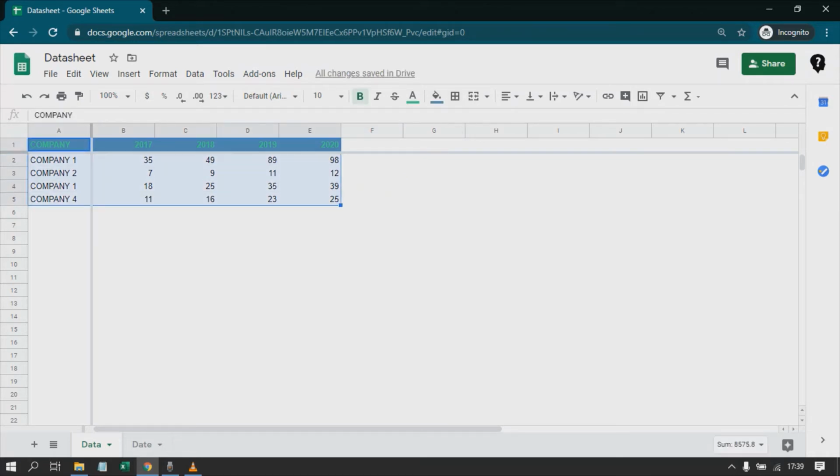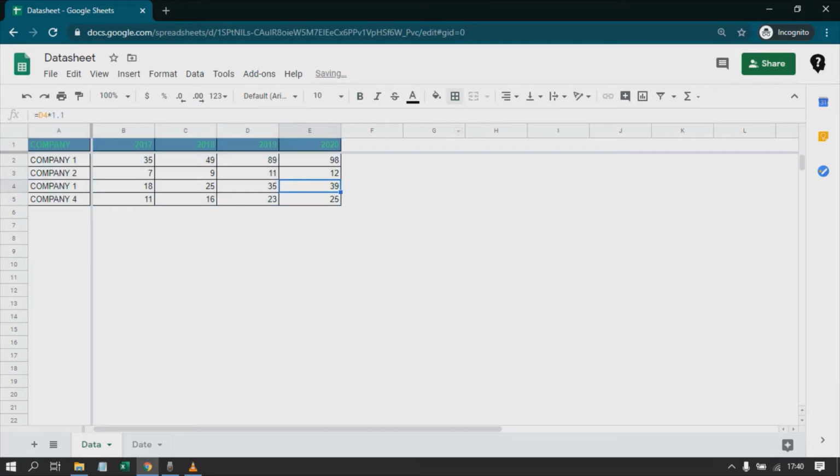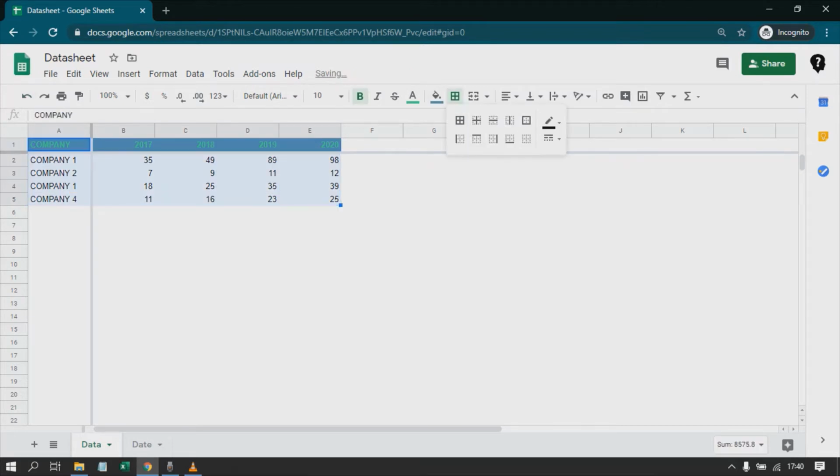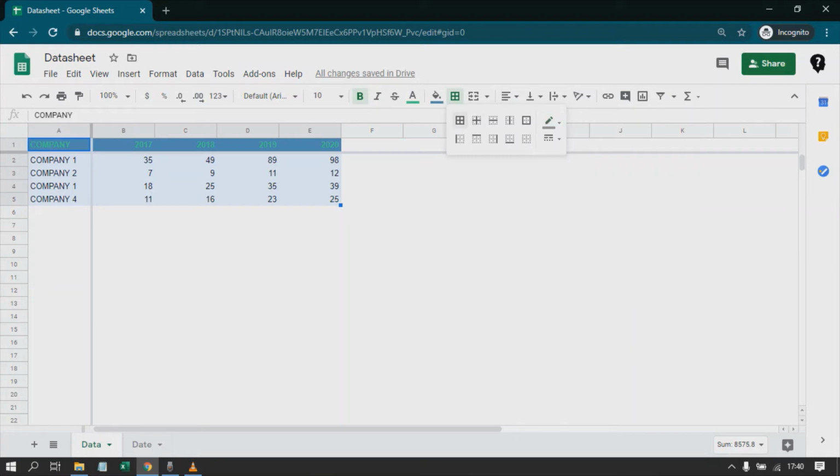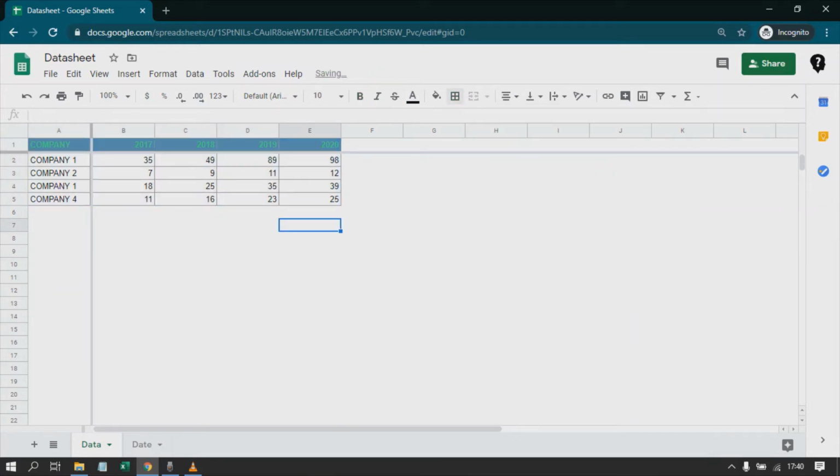Then we have borders. Let me cover borders. So for example, if you have a large data set with you and if you put the default black colored borders, it tends to create a crowded look for the visualization. So what you can do is always remember the borders, you can take a little lighter shade and then apply it so that it looks fine for the representation purpose.